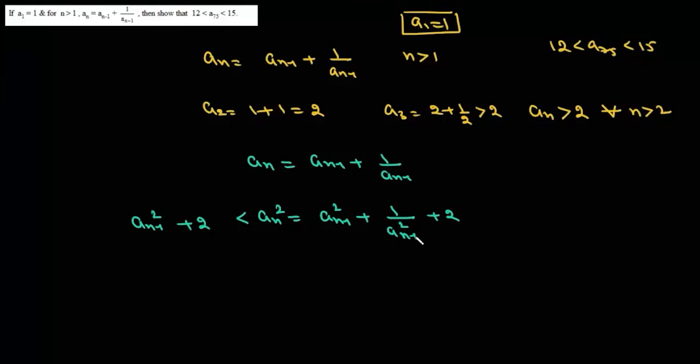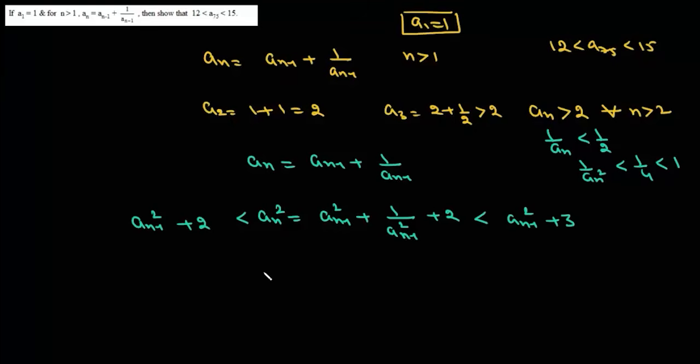And we know that any a_n is greater than 2, then 1 upon a_n will be less than 1 by 2, or 1 upon a_n square will be less than 1 by 4. That means it will always be less than 1. So we can write it will be less than a(n-1) square